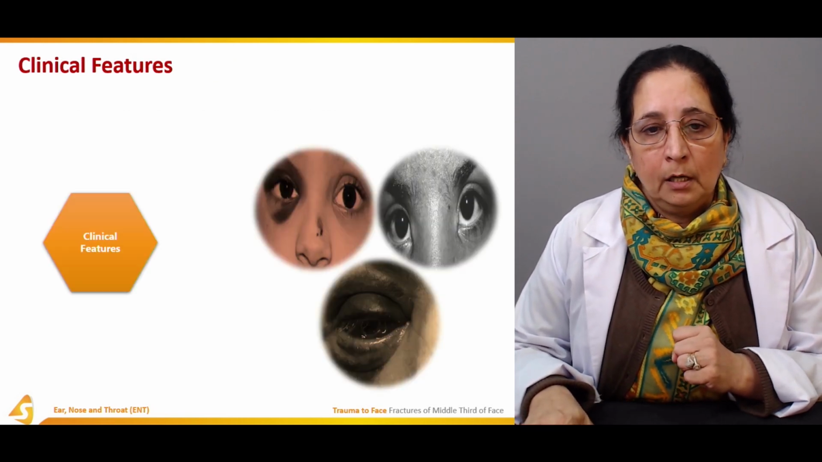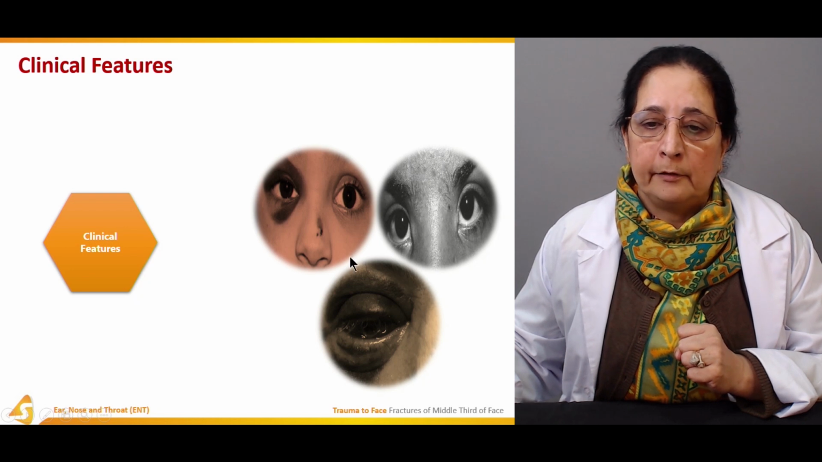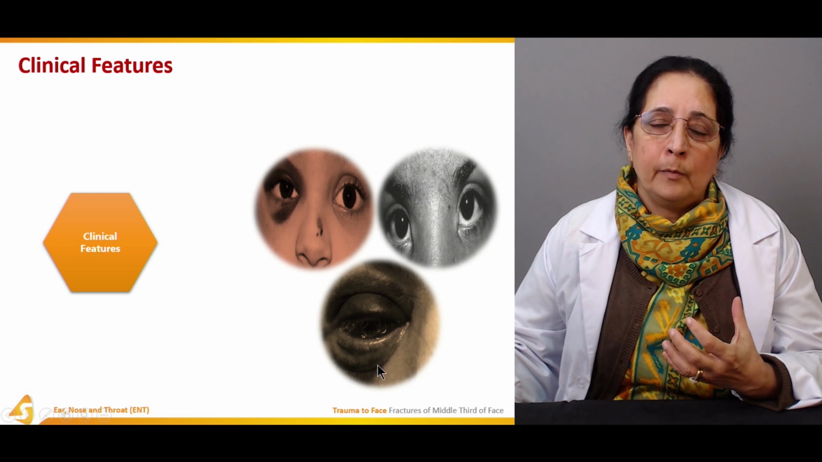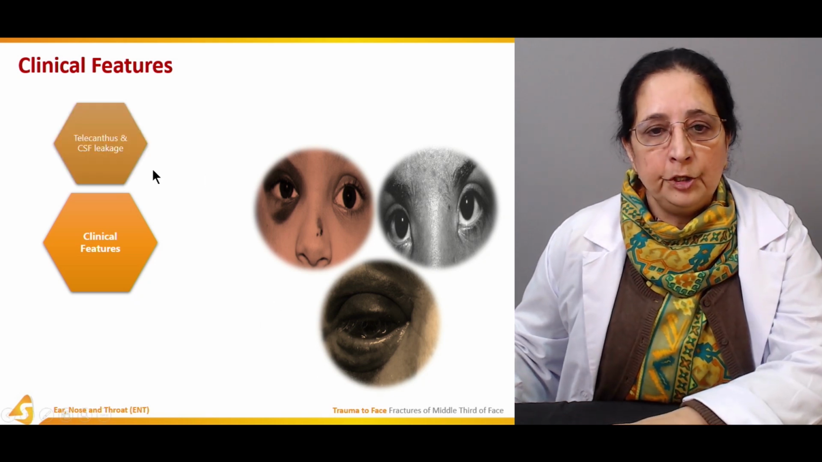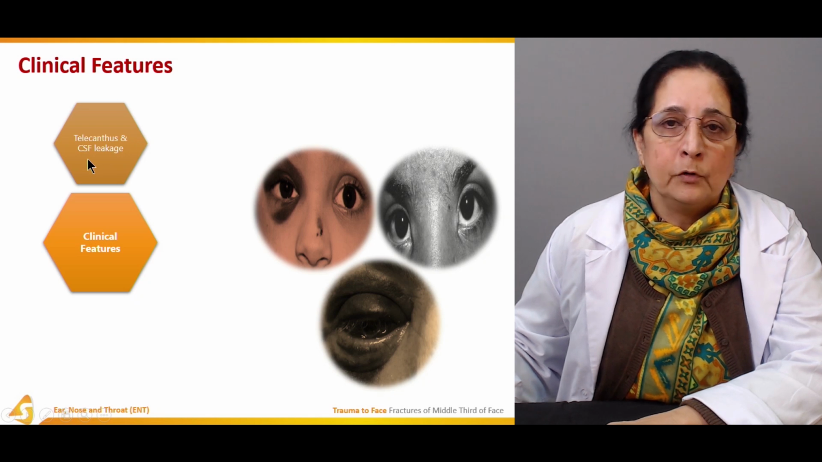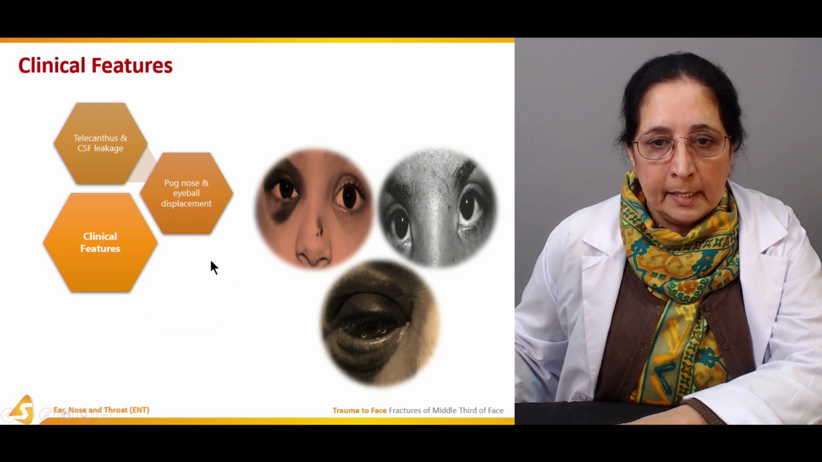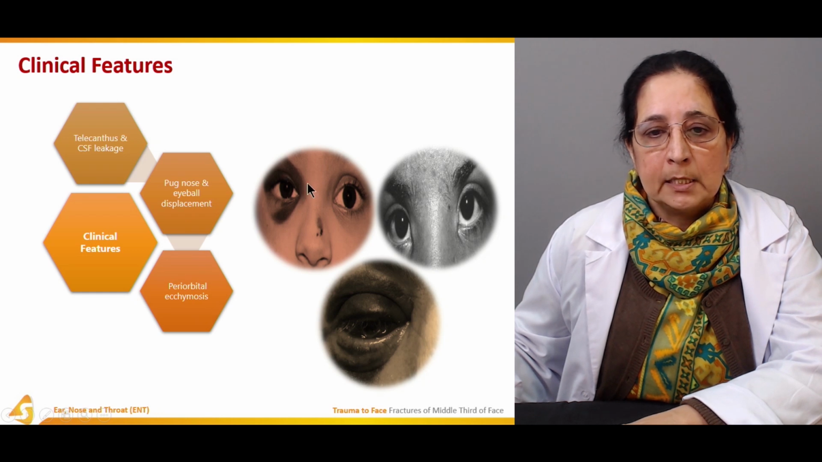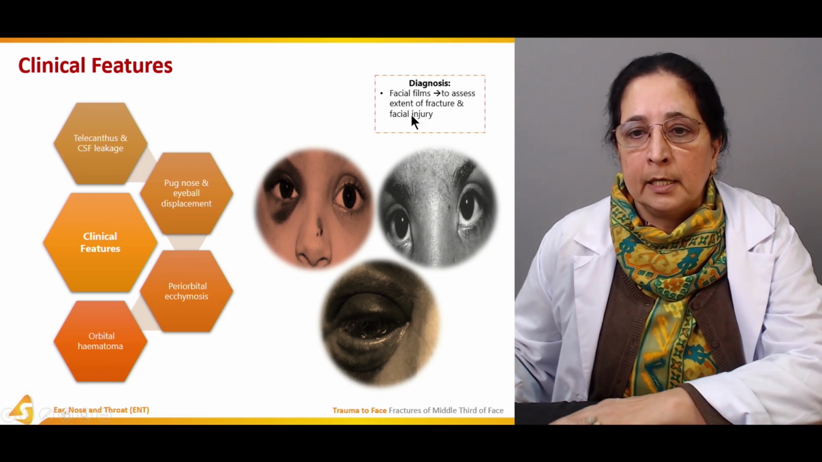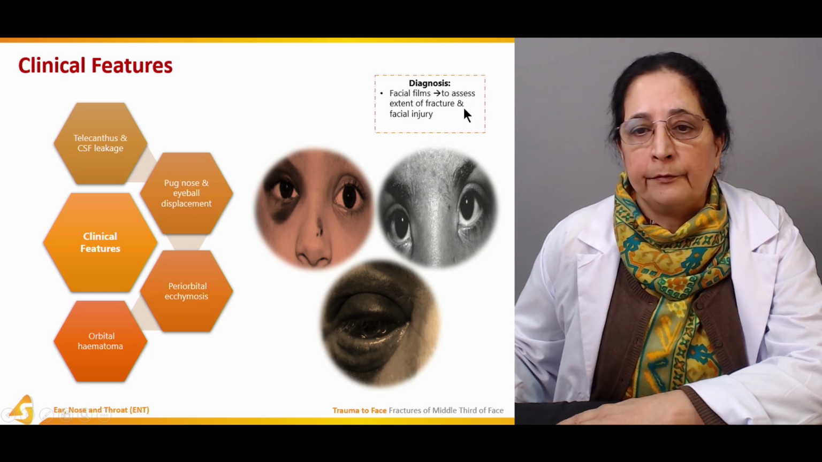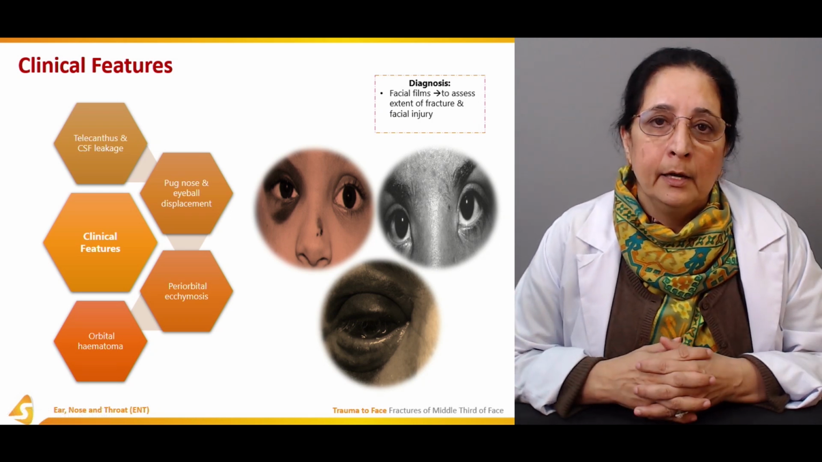Clinical features of naso-orbital fracture. Bruises are very common in the periorbital region. In a lot of patients with facial trauma and injury, you see bruising in the periorbital region. The clinical features are telecanthus and cerebrospinal fluid leakage, pug nose and eyeball displacement, periorbital ecchymosis, orbital hematoma. All these are the clinical features. For diagnosis, facial films assess the extent of fracture and facial injury. So these are the clinical features, and the diagnosis is by facial films